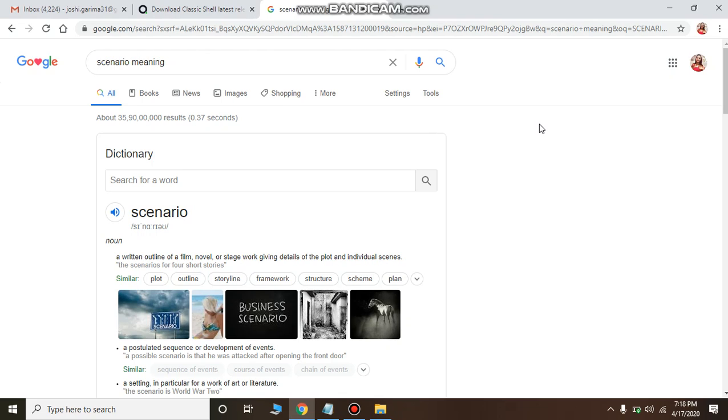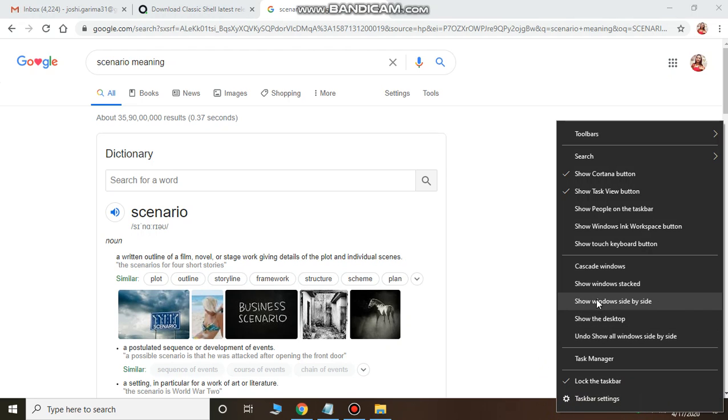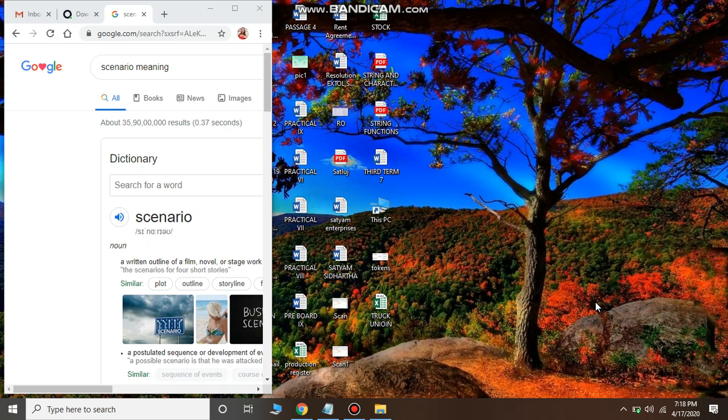What I want to do is work side by side on both the applications. In that case, this is your taskbar at the bottom. You right click anywhere on the blank area of your taskbar. This is my blank area. I right click here and I select the option Windows, show windows side by side. As soon as you click on this,